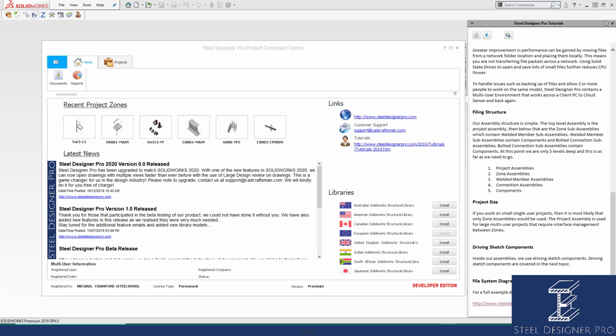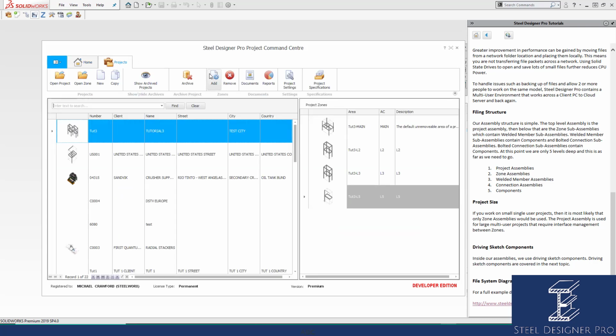So let's go through that process and get an idea of how a zone is created, how a driving sketch is added, how project settings are set up, and we'll go into great detail of how the whole process happens. Okay, so first thing we do is we select and open the Project Command Center,